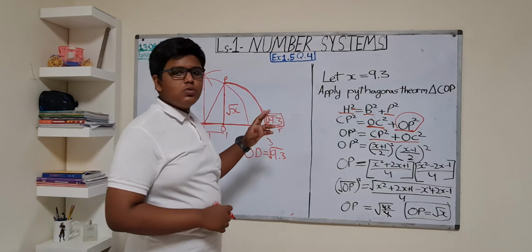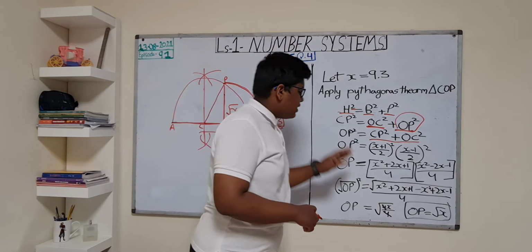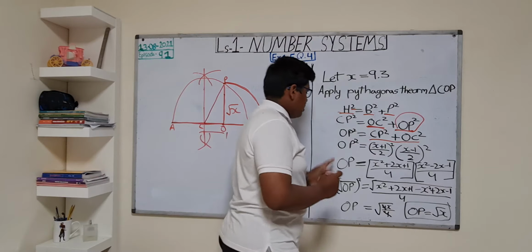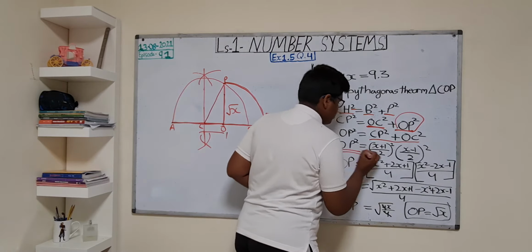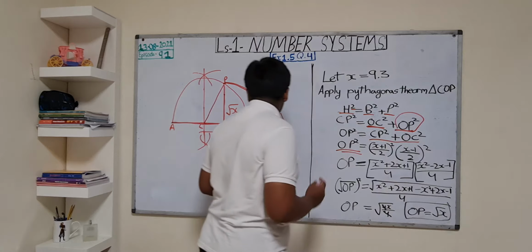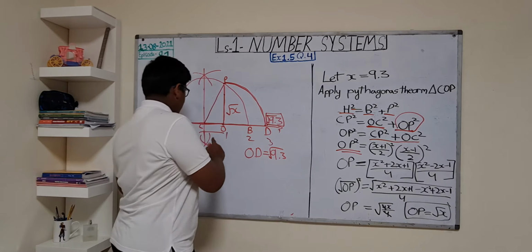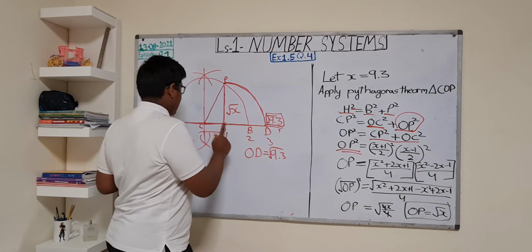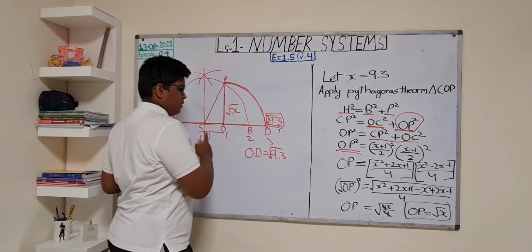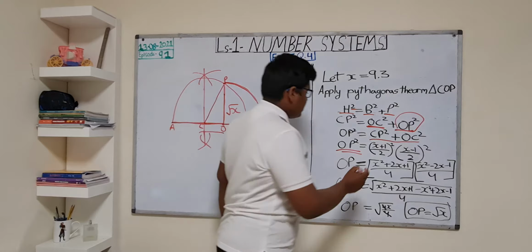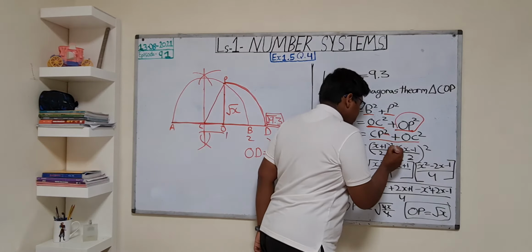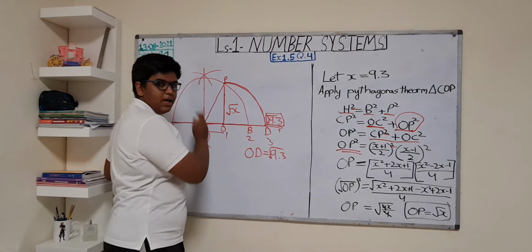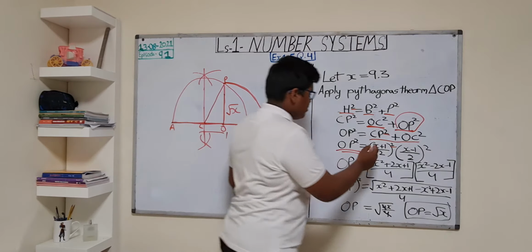Now we have found root 9.3, but we have to find the formula also, right? So now we have OP square is equal to x plus 1. Why x plus 1? Because here we have x, right? In the starting we took one line, and then this was half, so x plus 1, and then whole square by 2. Why by 2? Because that is only a half, right? That is only a half, so by 2.